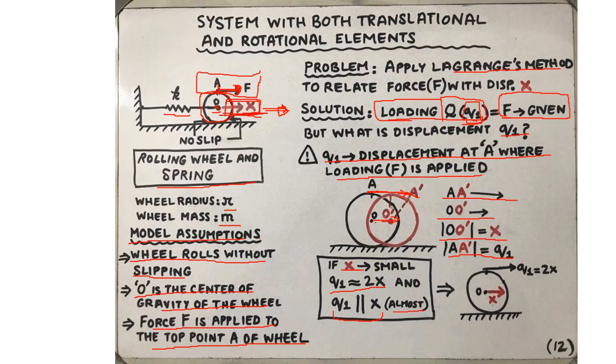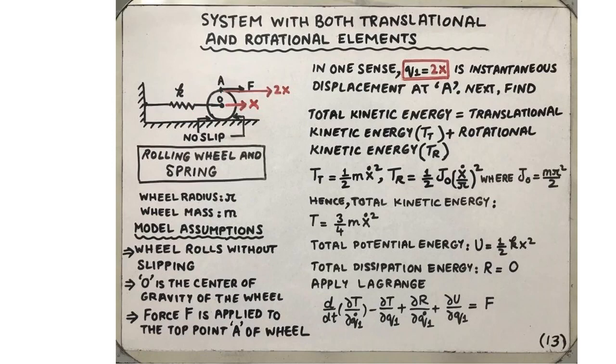Therefore, the linear displacement at point A is approximated as twice that of x due to the mechanism of a rolling wheel without slipping. So q1 is 2 times x. That is the correct displacement variable corresponding to the loading function F in this case. Once the correct displacement variable has been identified, that is q1 equals 2x,